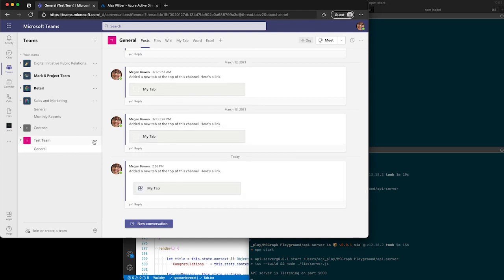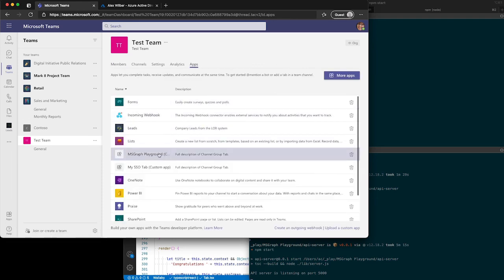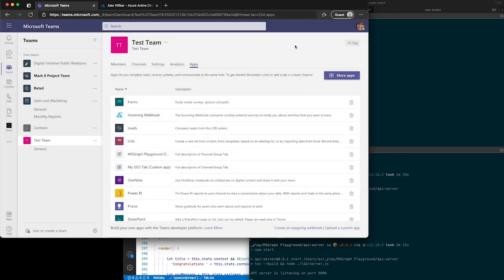So what I want to do is come back over here to where I actually installed our app, where I was previously working with our installed app. I'm going to come over here to our apps, and we can see our Playground tab is listed right here. All right, there's our MS Graph Playground tab. While the Teams Toolkit already registered this, and it should have already updated as well,